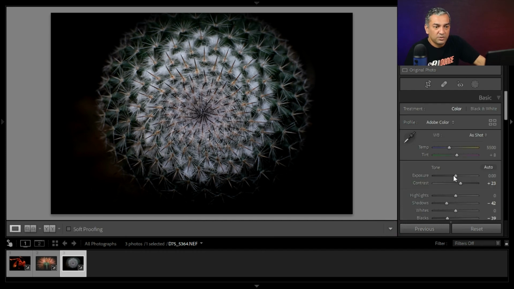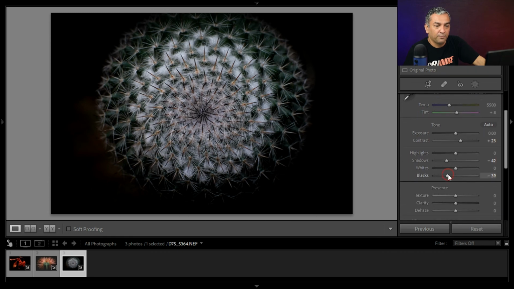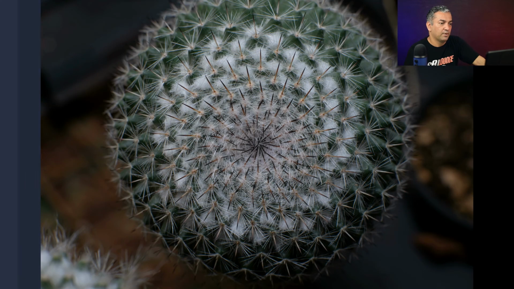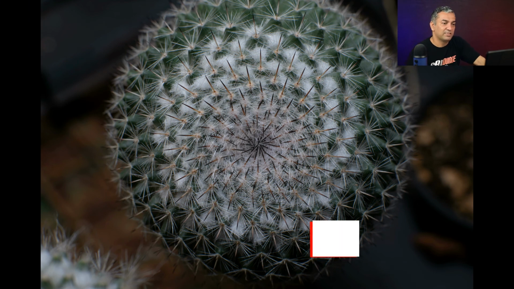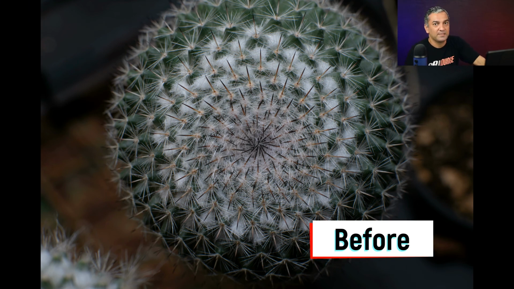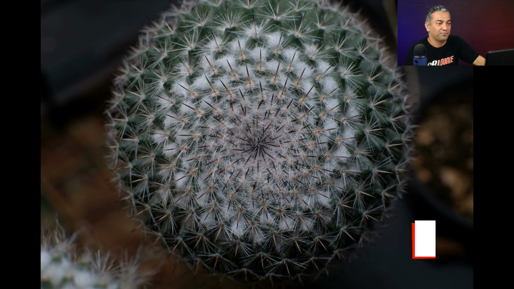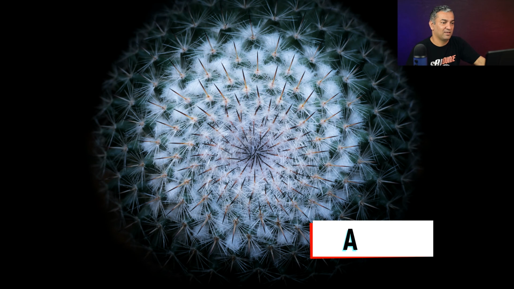So I'm going to just bring up the details from the blacks a little bit. That's enough. So you can see with just a little effort we have this amazing frame. Whenever you want to work with a cactus, be careful, they are really stingy.